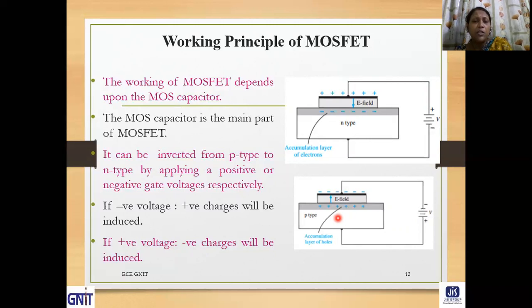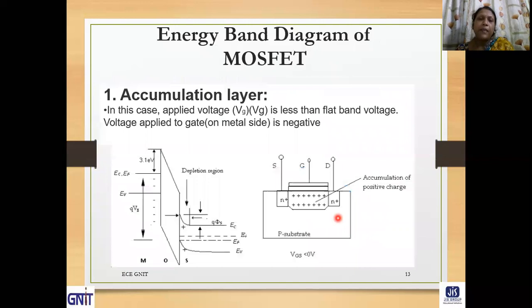If negative voltage is applied, then positive charges will be induced. If positive voltage is applied, negative charges will be induced. So what is happening actually in the energy band diagram of MOSFET? This is particularly applicable for enhancement type MOSFET, as for enhancement type MOSFET, no channel is present at the time of fabrication or under zero bias